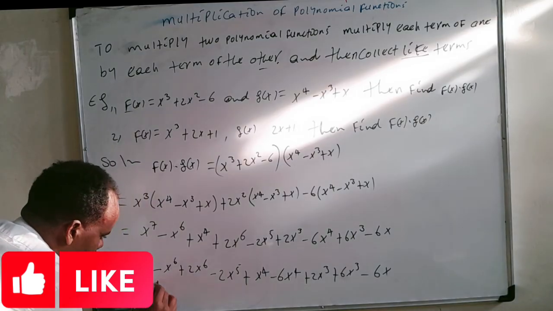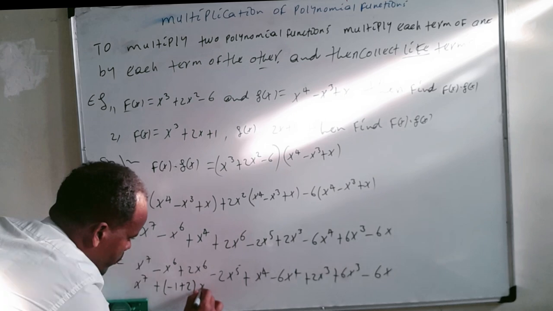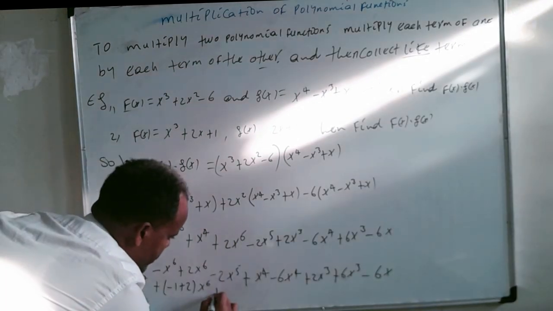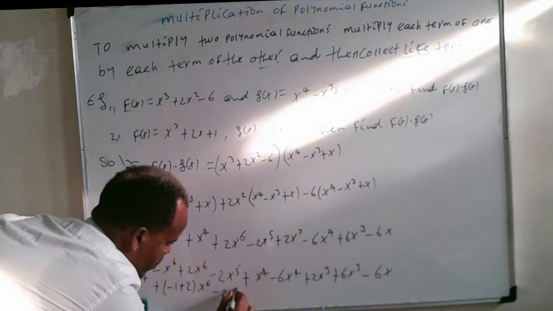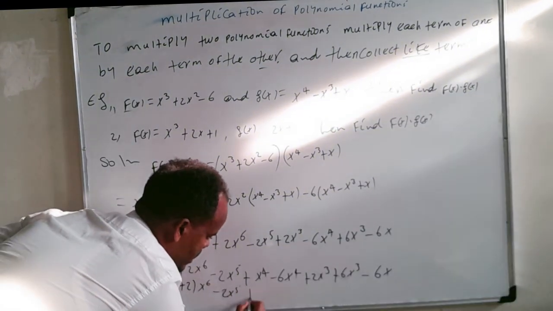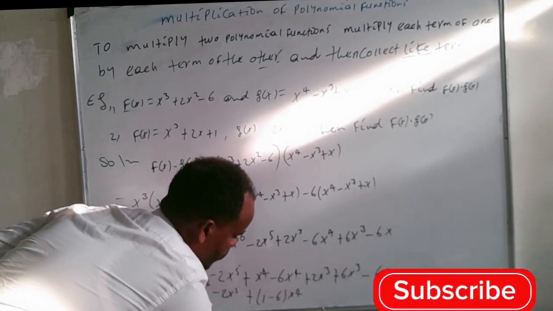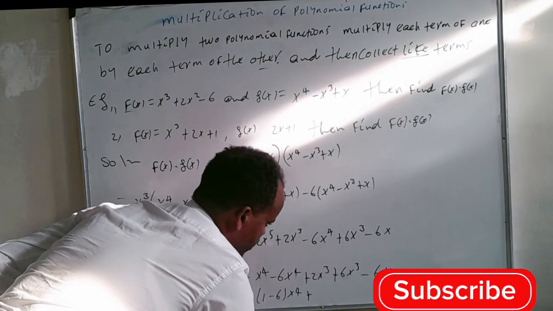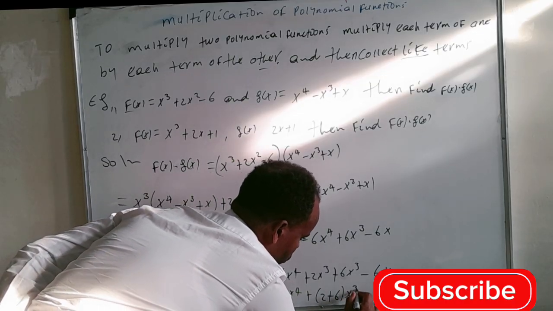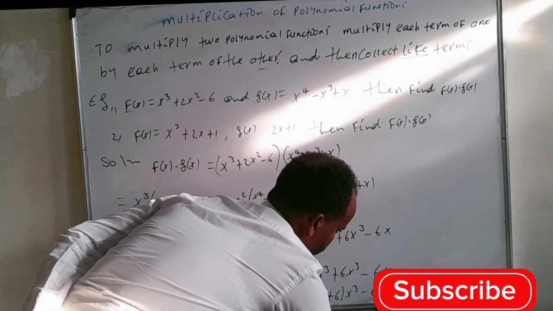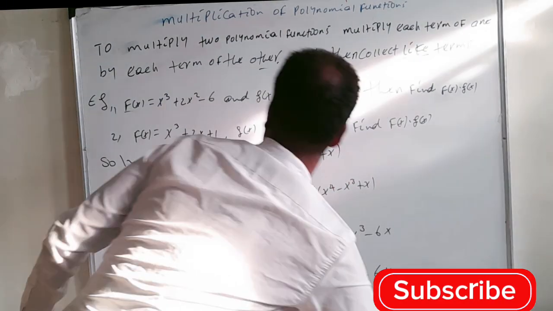This means x to the power of 7 minus 1 plus 2x to the power of 6 minus 2x to the power of 5 plus 1 minus 6x to the power of 4 plus 2 plus 6x to the power of 3 minus 6x. Okay, after that, the last one is